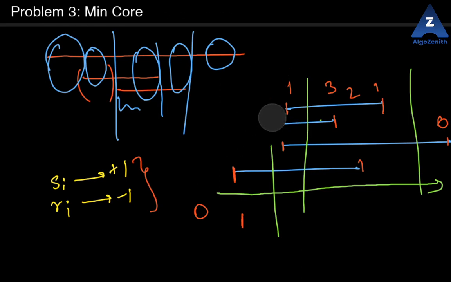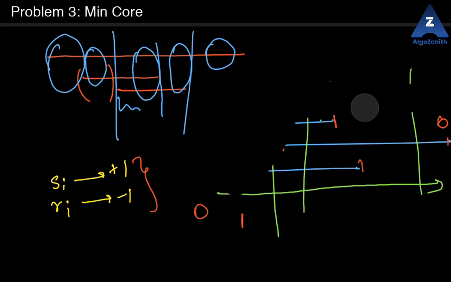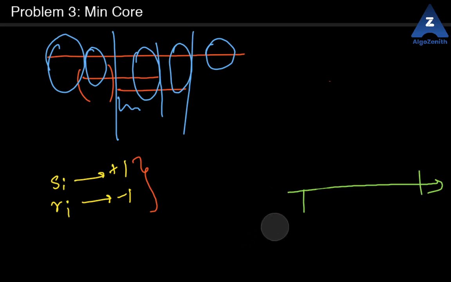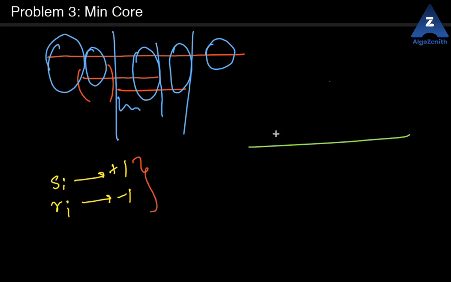Let's remove these points and we will add just a simple example that we need to take care of, and that should be sufficient to solve this problem. Let's say you have two ranges, something like this, and this ends at this position, and there is another one starting at this. Now you start with 0 over here, then you see Si and Ri. At this point both Si and Ri come together. So Si for this range starts at this point and Ri for this one ends at this.